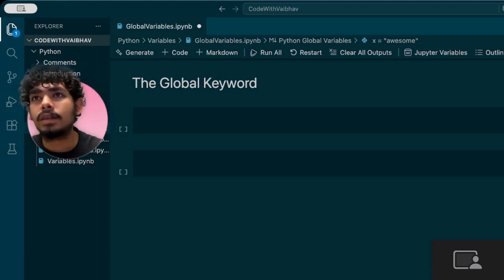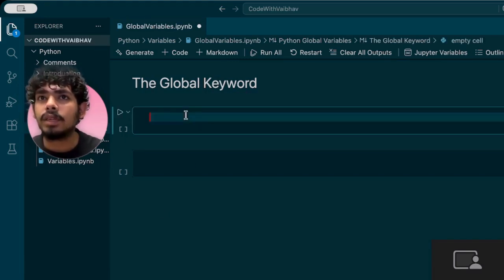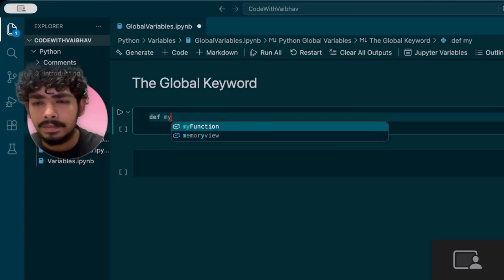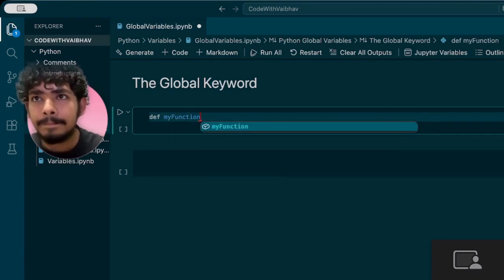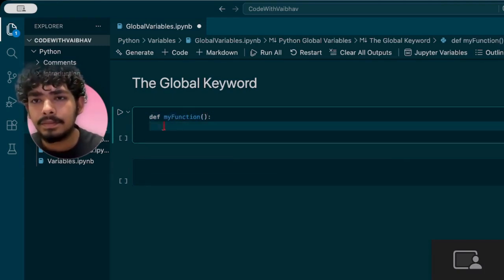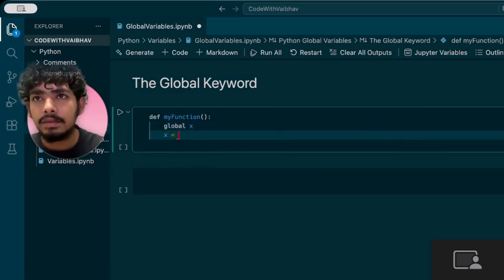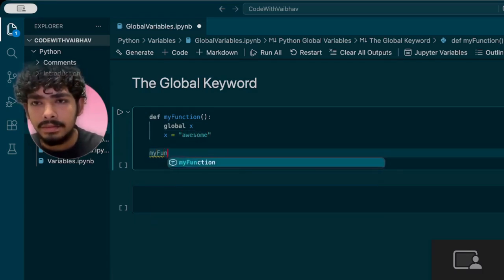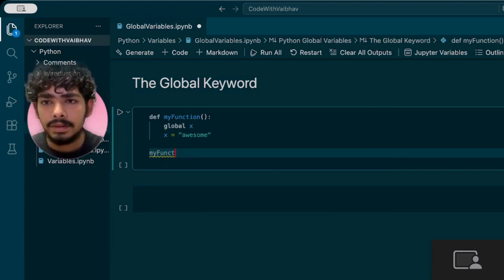For example, if we use the global keyword, the variable belongs to the global scope. Let's define a function and one variable, global x, which holds the value "awesome", and we call this function